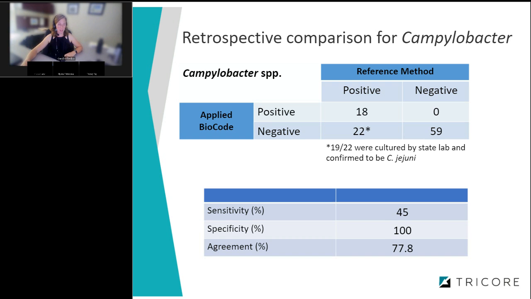For Campylobacter species, we saw a very different pattern. So we found 18 that were positive by both methods, and 22 that were negative by Applied BioCode but positive by the reference method. Looking into these a little bit further, we saw that they actually had very low CT values on our reference method, the BD Max. And looking at the results given to us by the state lab, 19 of 22 of these were actually able to be cultured by the state lab and confirmed to be Campylobacter jejuni. So with this data, we estimated sensitivity for Campylobacter at 45%, specificity at 100%, and